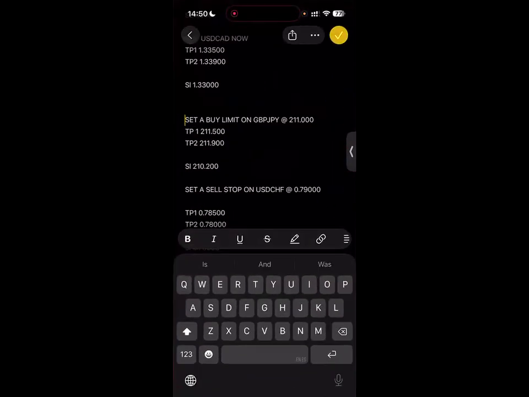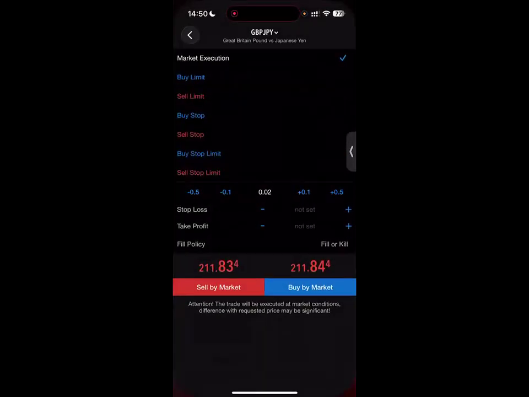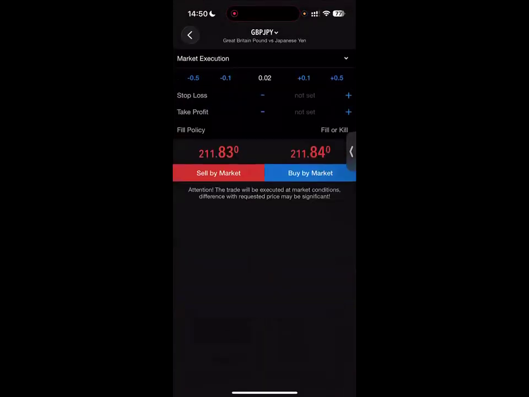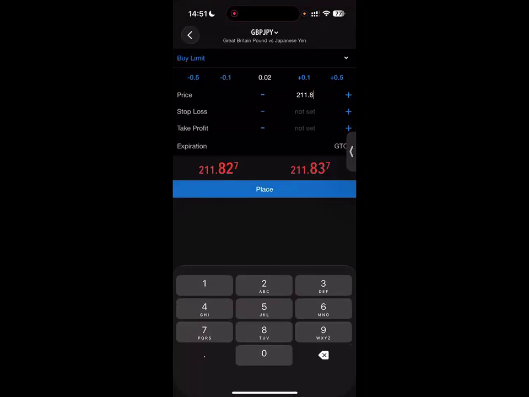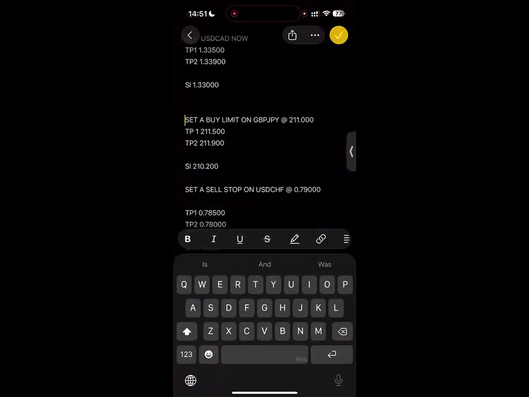So we're setting a buy limit on GBP JPY. What does that mean? I'm going to click where it says market execution. Click on it, then you want to select buy limits. Once you select buy limits, you can see that you're going to be met with a price column. What you want to do now is to put the price. The same, set the buy limit on GBP JPY at